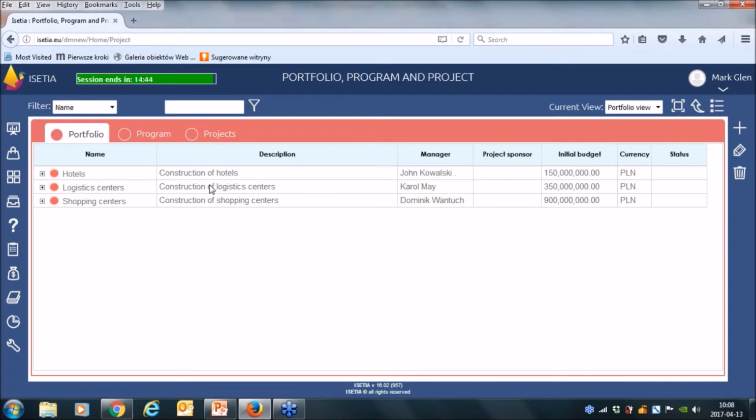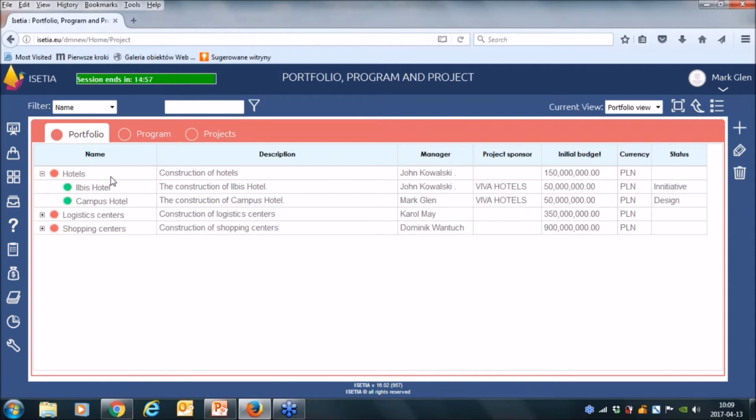Let's imagine that our company has 3 portfolios which deal with some separate business lines. So in our example, we are managing hotel projects, logistics centers, and shopping centers. So these are portfolios defined by us. When we go down, we can show that inside of the hotel portfolio we now have 2 projects, Ilbis Hotel and Campus Hotel.